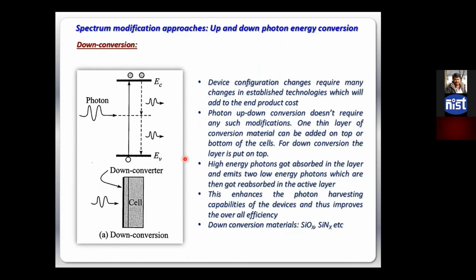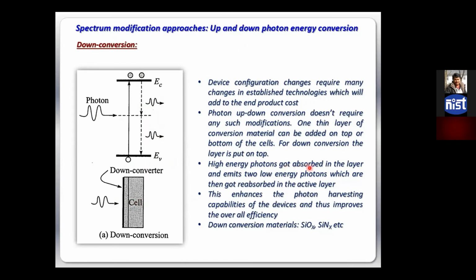So down conversion is basically a device configuration change that requires high energy photons. Basically, you make an arrangement or use a material where these high energy photons will now get absorbed, and after getting absorbed, that material will release low energy photons, and those low energy photons will now get absorbed by the cell, right?